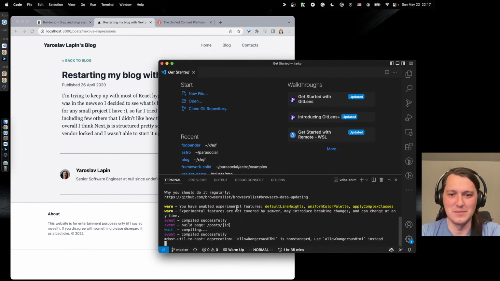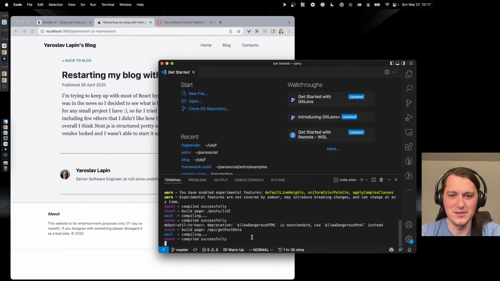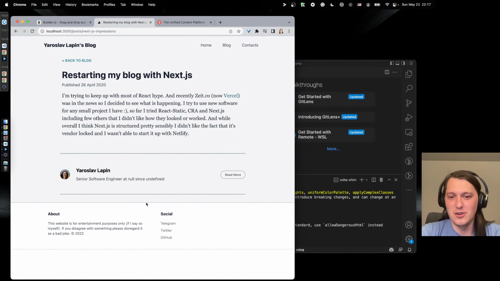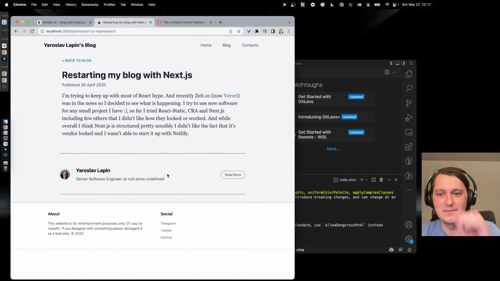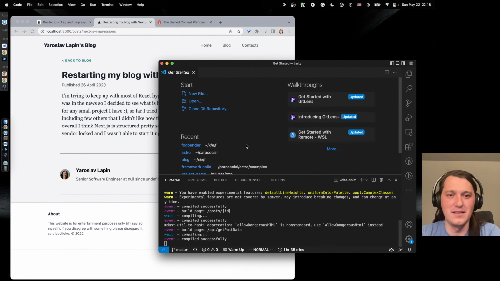Okay, some kind of warnings. I don't know what's happening there. Use allow dangerous HTML instead. Wow. Anyway, so this is how I learned how to use Next,